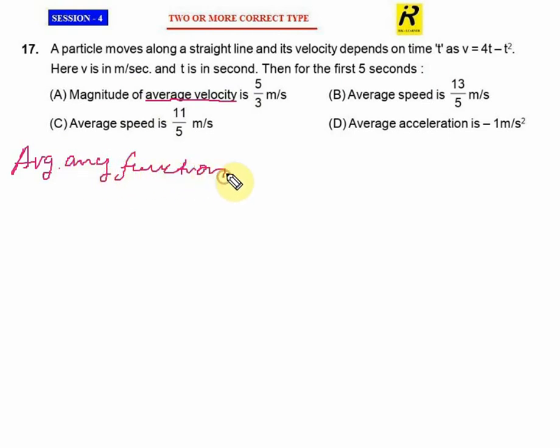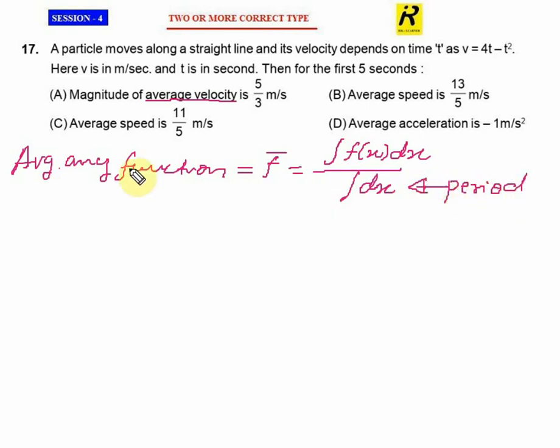The average of any function can be found using the notation, say this is the average of the function, which depends on x. So it is nothing but the total value of this function, and if it is in the differential form, I should integrate it. So which is f of x into dx in the interval of some value, which is given. So this is how I have to evaluate. So this denominator is called the period.